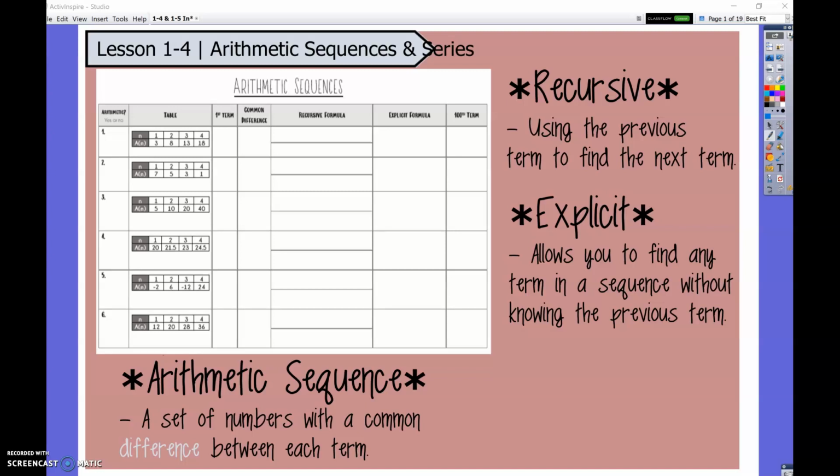In section 1.4, we're learning about arithmetic sequences. What are they, you might ask? Well, it's a set of numbers with a common difference between each term. You've likely dealt with an arithmetic sequence, maybe even as a kindergartner, just looking for patterns in a set of